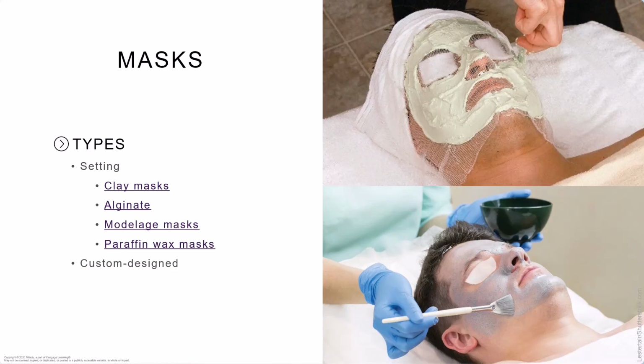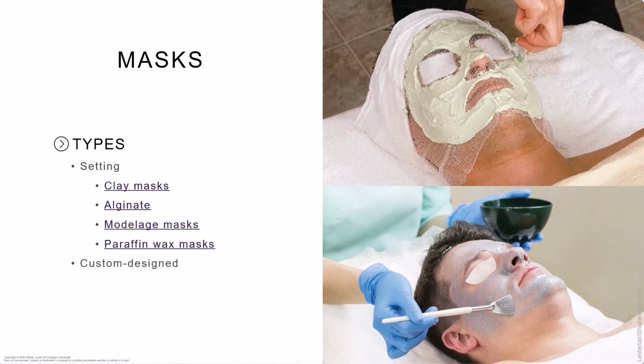When they're applied to the face, you want to apply them quickly, and then when they're dried they're kind of rubberized in texture, and they form a seal that encourages the skin's absorption of the serum or the cream that's underneath them. Modelage masks or thermal masks are applied after a nourishing serum in facial treatments, and these contain crystals